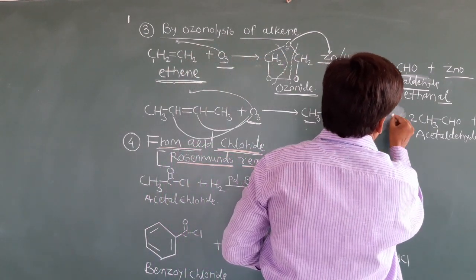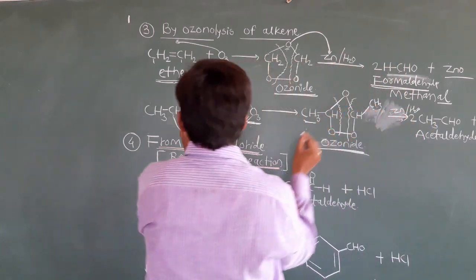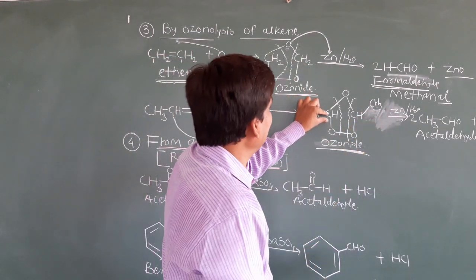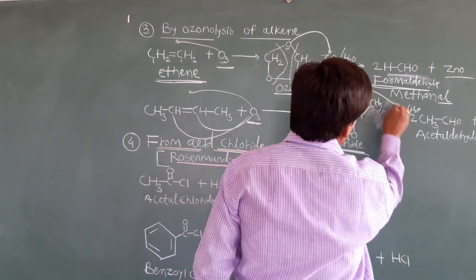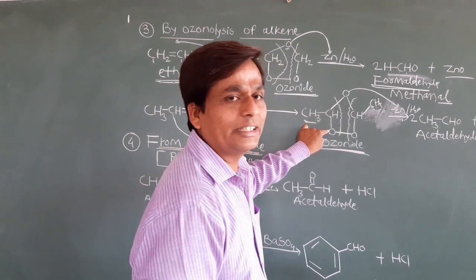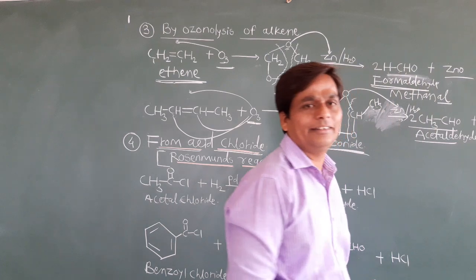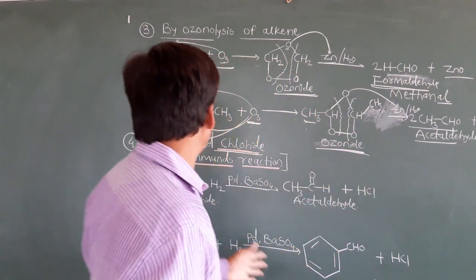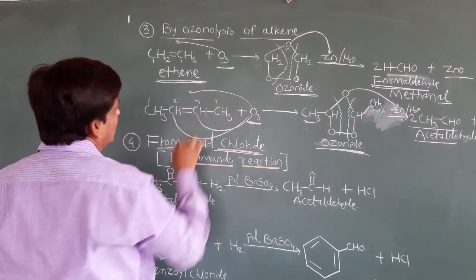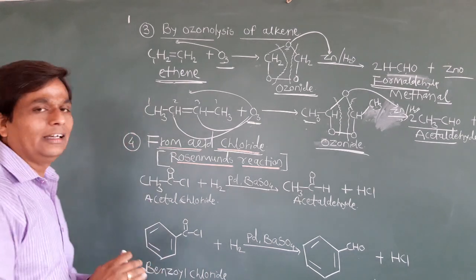So just see here, zinc and water. And on this side also a CH3 group is there. So this is CH3CHO, and this is also CH3CHO, and this oxygen reacts with zinc. Zinc can abstract oxygen, it forms zinc oxide. So here 2 times CH3CHO, meaning acetaldehyde, we will get CH3CHO. This is what? Acetaldehyde. Now clear? How do we get acetaldehyde? By using this butene. So what is the name of this compound? 1, 2, 3, 4. So 4 carbons, it is but-2-ene. Okay, so now we'll see another method.